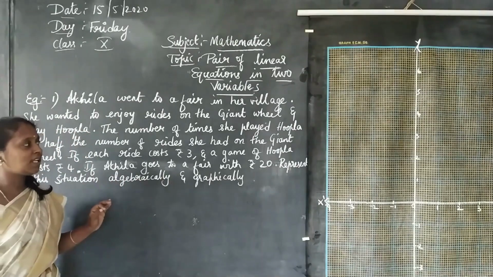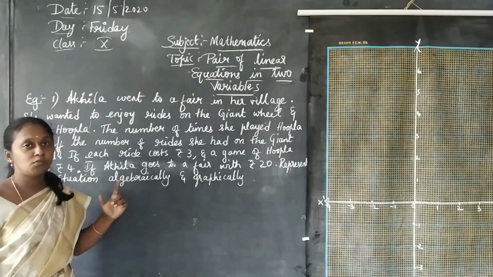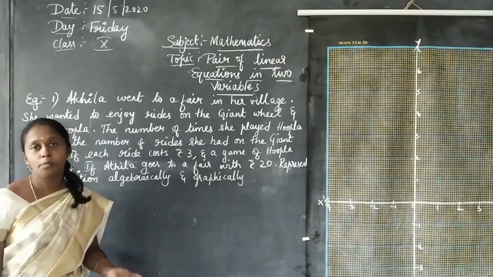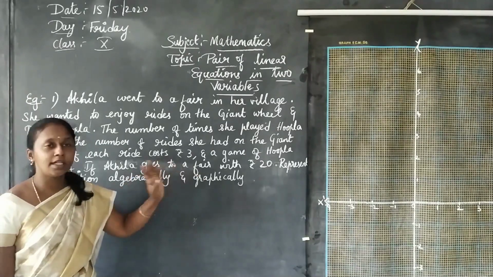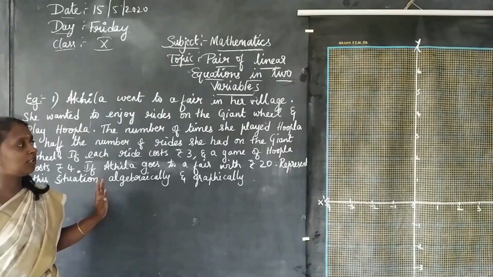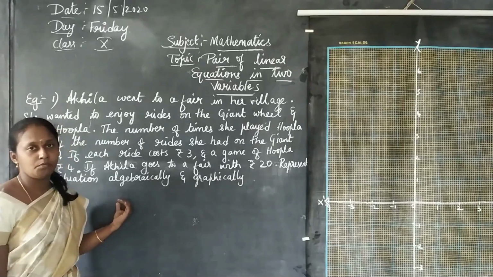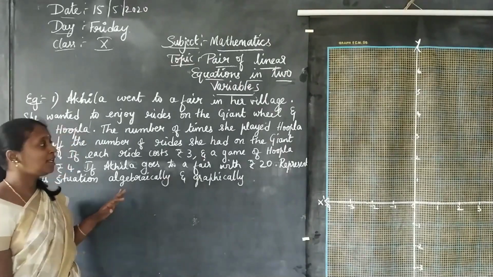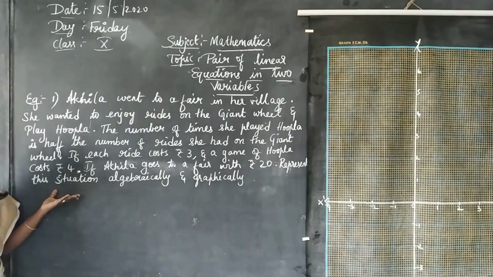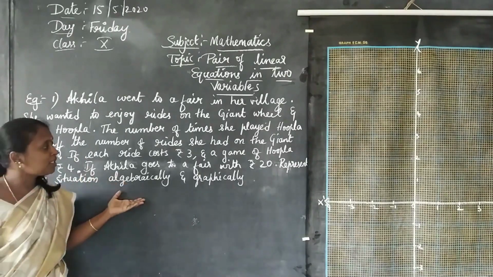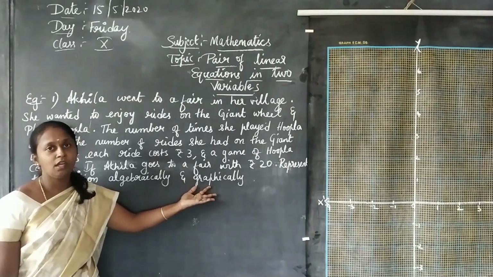Okay. So today let me start with the first example sum. Which method am I solving? I am solving using the first method, that is the graphical method or geometrical method. Using the graph sheet, I should plot the graph for the given question and find the values for the variables. Before that, I should represent the equation algebraically. They have given the question in a statement form, so I should read the question and represent that algebraically, and then plot the graph and find the values.